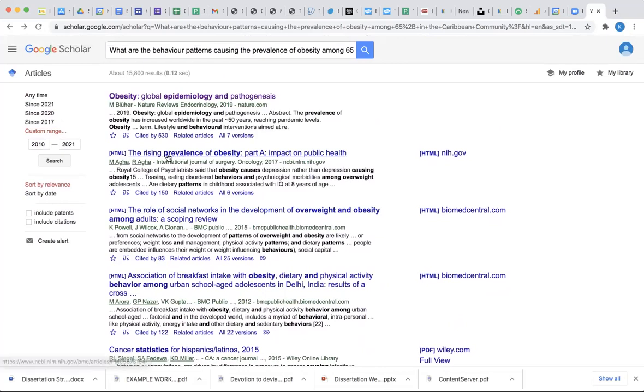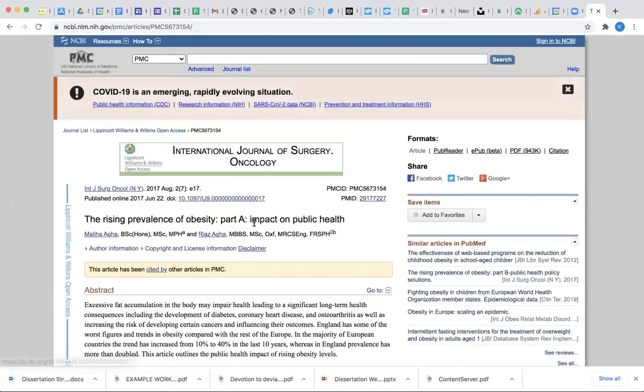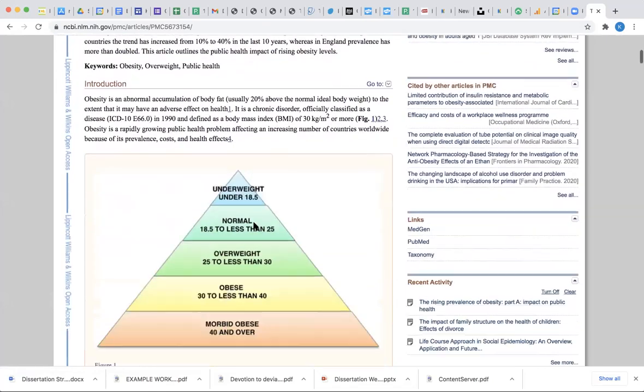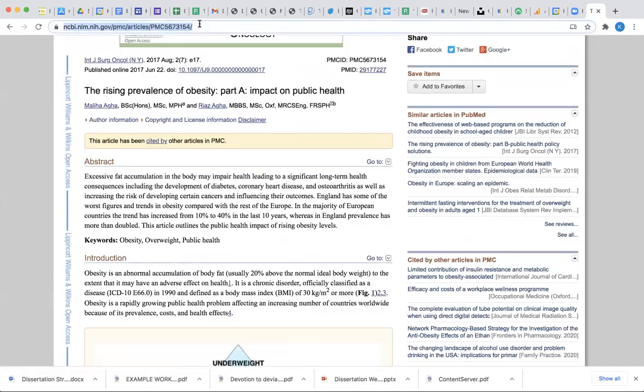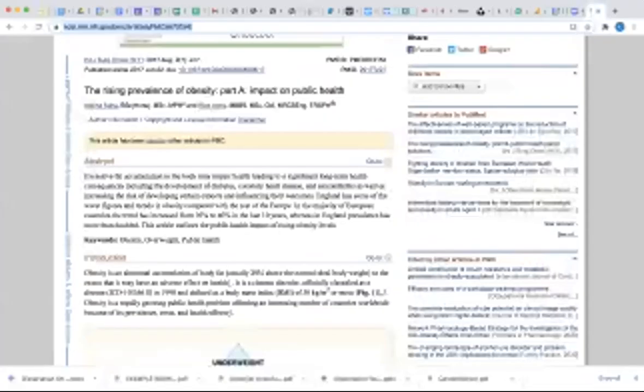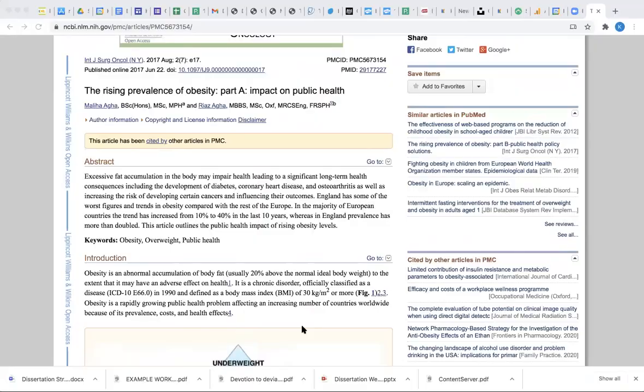So the next article, rising prevalence of obesity, part A, impact on public health. Check it, see, is this relevant to the Caribbean community, yes or no? If it is, let's pretend it is. I can take it, I am going back to our practice document,